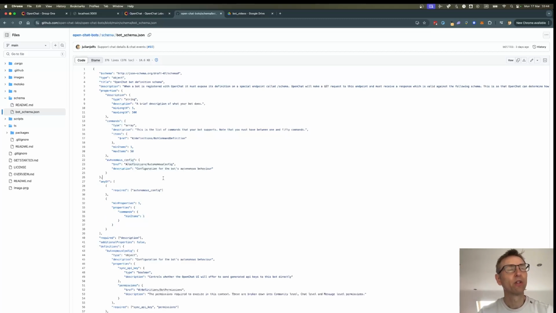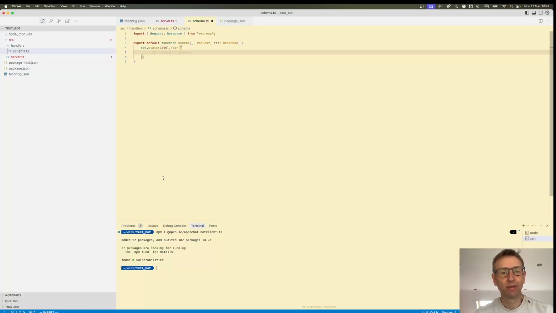So in our case, we're going to specify commands rather than autonomous config. We will put a description in to the test bot,